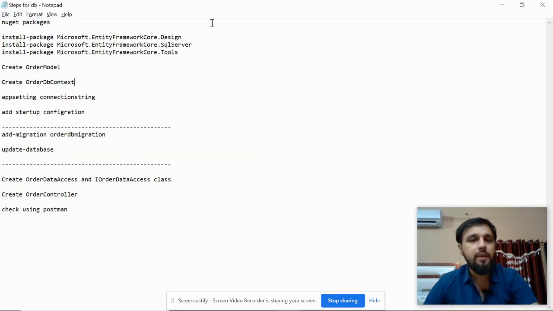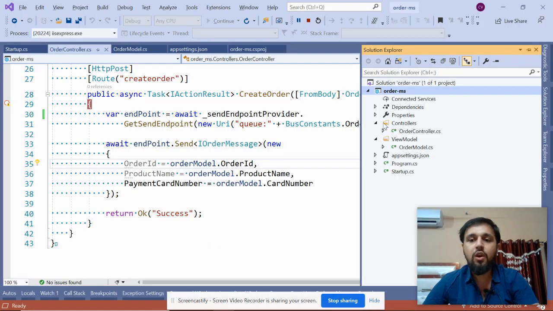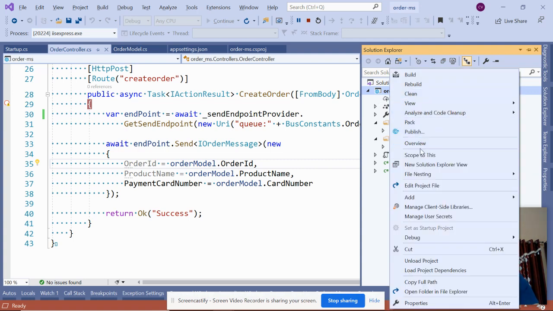The first step is to install the packages, so I'm going into the order microservice. The focus of this series is just to show you the implementation of Saga, not to show you the best way to connect with the database. It is just a small demonstration. So I will not create a separate infrastructure folder, which is highly recommended in a real scenario, but I'm going to do it in the same project.